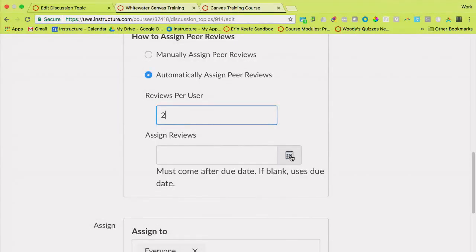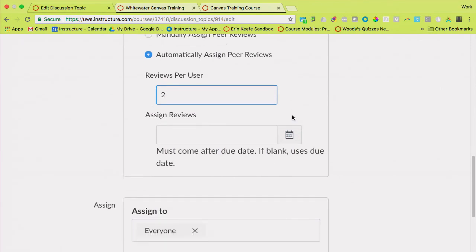it a date. Normally you leave it blank so that after it's due, they're automatically going to get farmed out to students. The next time they log in, it'll show up on their to-do list. And it'll say, you've got these 2 posts to review from your classmates. If you have a rubric, they use the exact same rubric as you use, and they get a grading interface that looks a lot like the SpeedGrader, so they can give their classmates feedback.